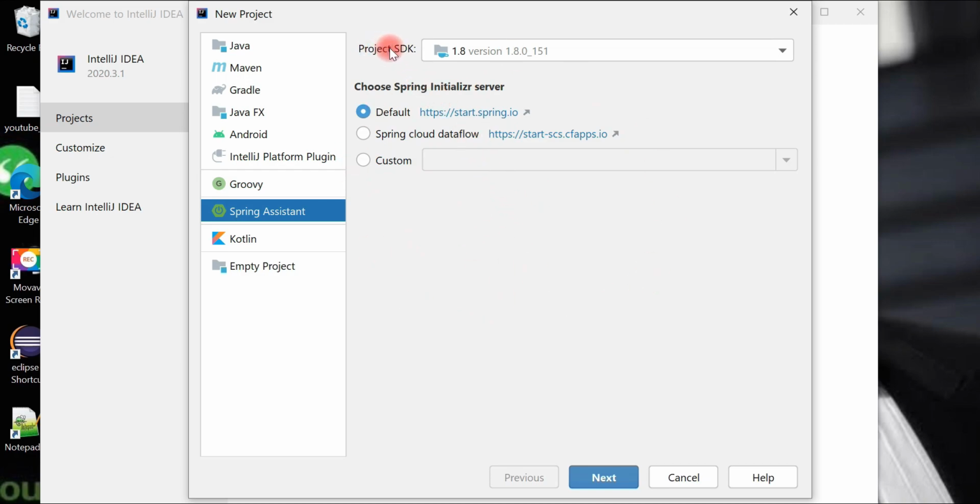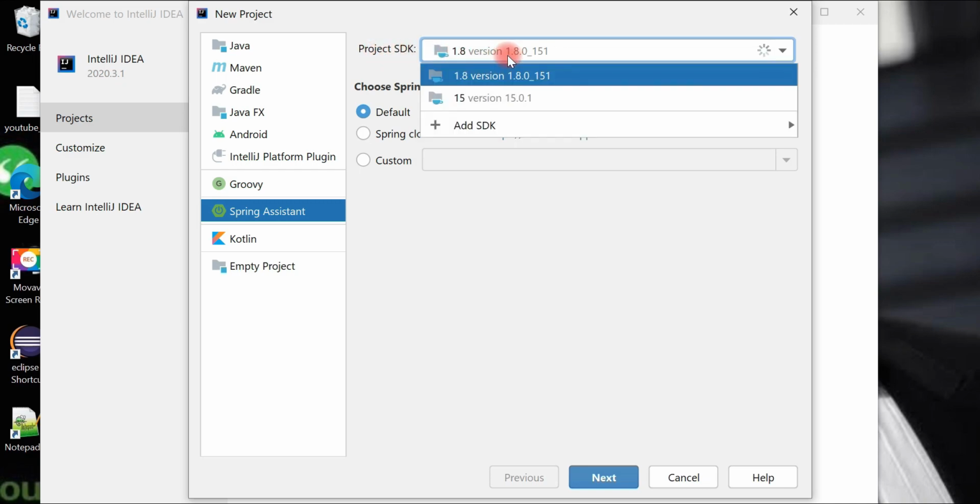For a Spring Boot project we need a JDK environment, right? For that you can choose from here. IntelliJ IDEA automatically detects the Java version that you have installed on your machine. I have installed and configured JDK 1.8, and IntelliJ IDEA automatically detects this version from my system.